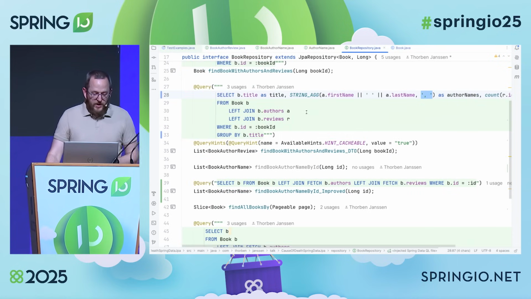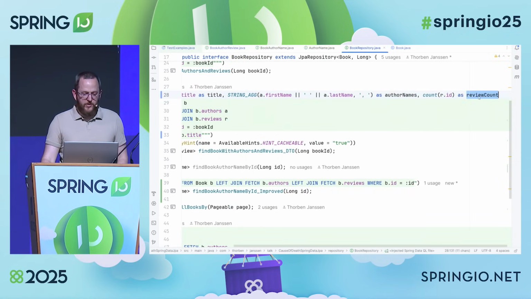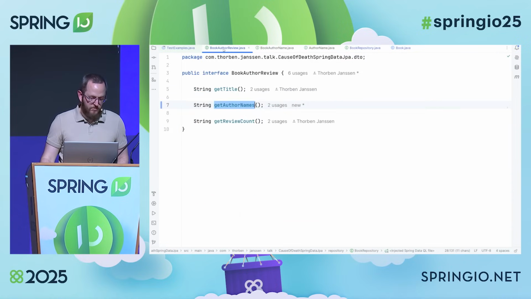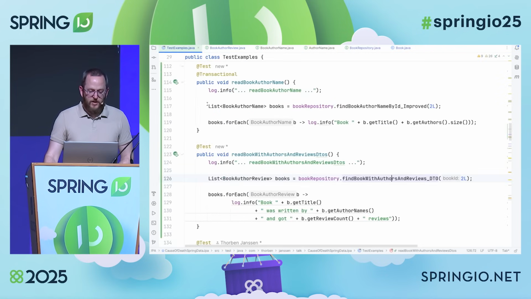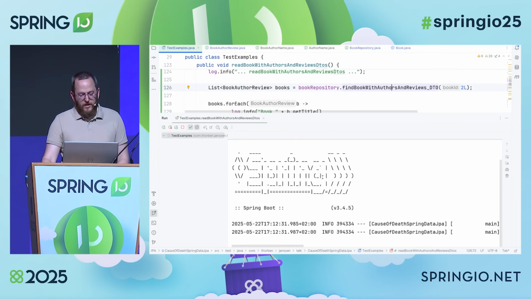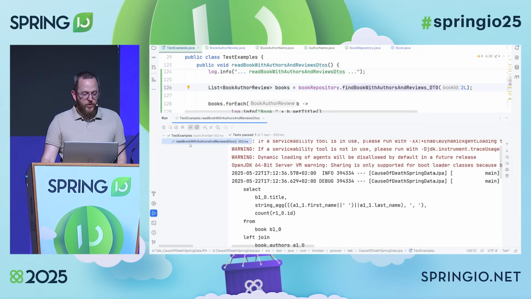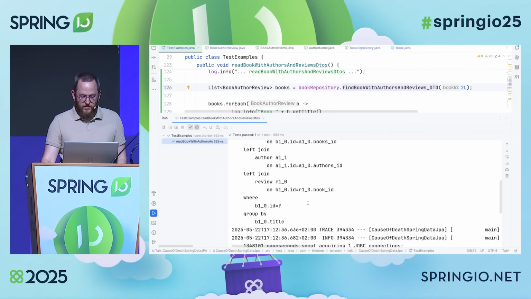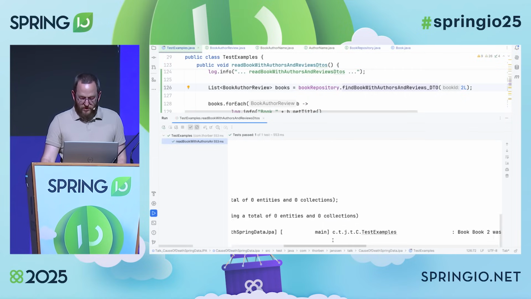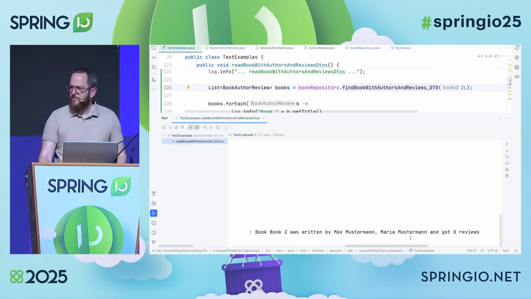The nice thing that Spring Data JPA now provides us here is that we can set the title as an alias, the author names as an alias, and the review count as an alias. And you now probably already guess what's happening. This matches those getters here. And if we run this query, Spring Data automatically executes the query and maps our result set based on those aliases, which is quite nice.